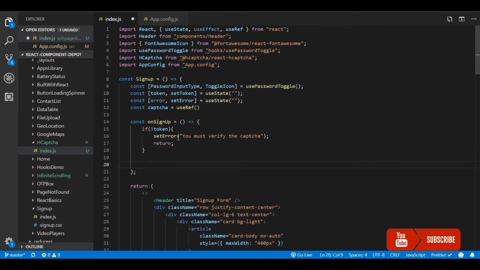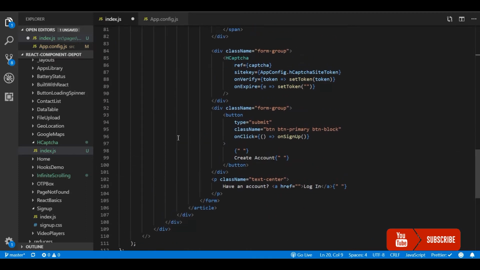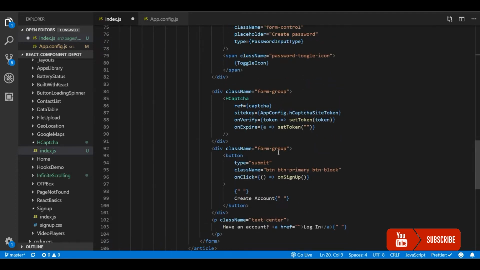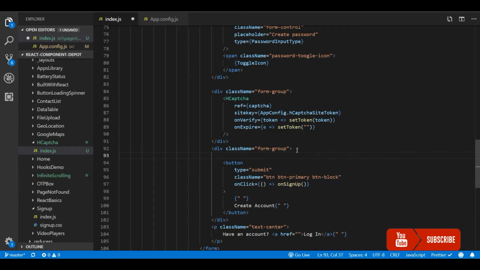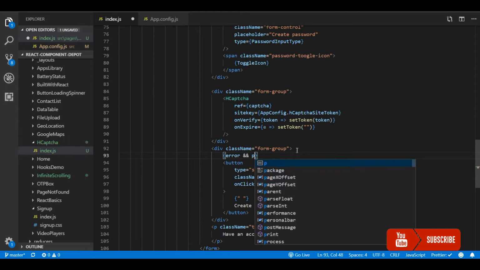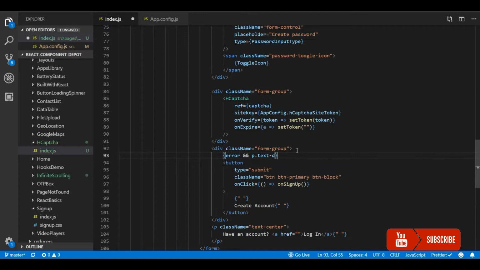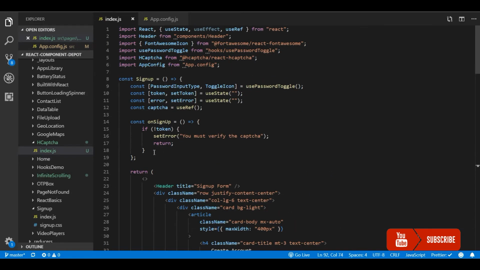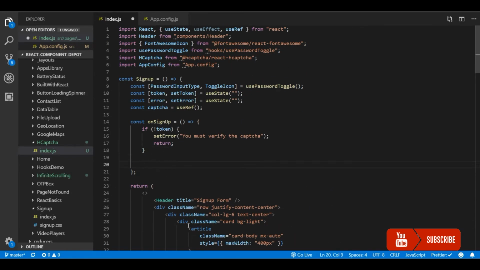So here we are validating the token. The user must verify the captcha token, otherwise you will not be able to proceed with the sign up. Let's just print the error message for the user. Also we'll be showing this error message if anything comes back from the server.